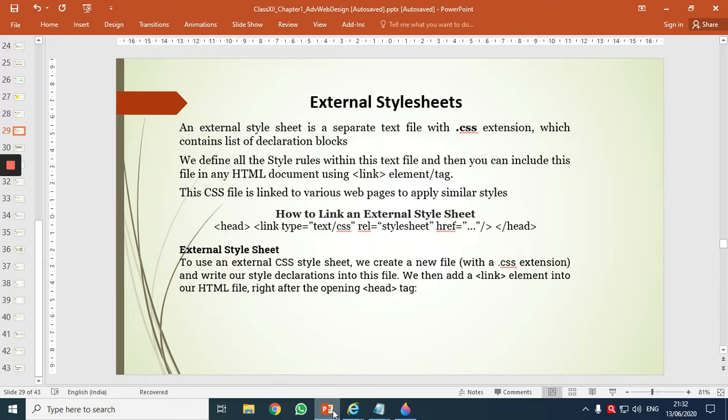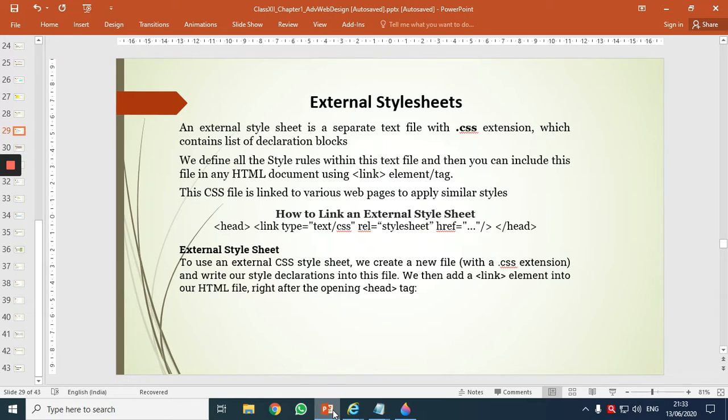Right? That means external style sheet is basically a .css file containing a list of declaration blocks. And in this .css file, we will define all the style rules. Style rules meaning the CSS syntax.